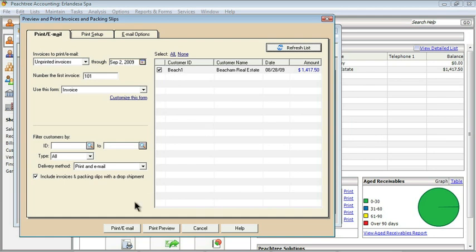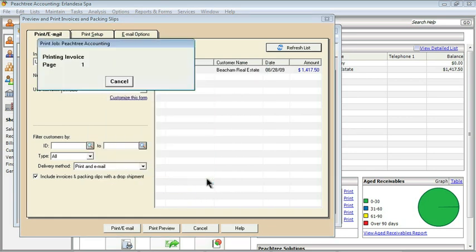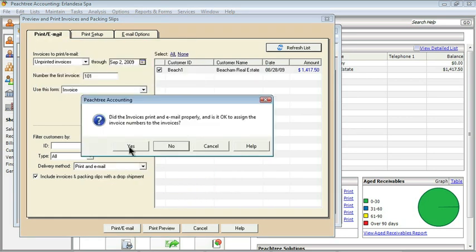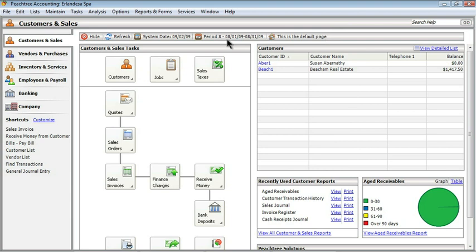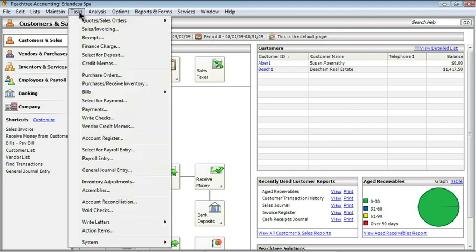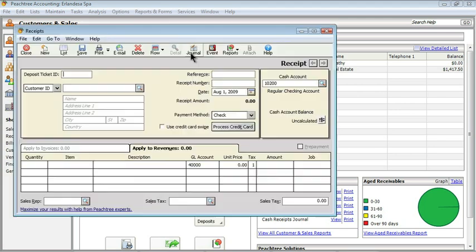We'll come down to the bottom of the dialog and click Print Email. We'll say OK to run through the print process, and then say yes, they printed OK. That brings us back to Invoices, and we can close this window as well. With that little bit of task finished out, because we don't want to forget that, then we'll go back to Tasks, Receipts, select our cash account,